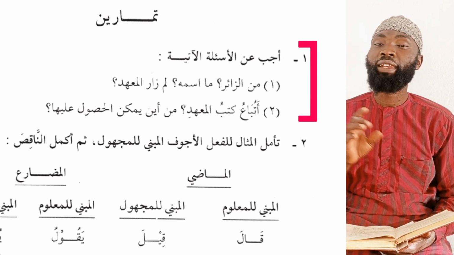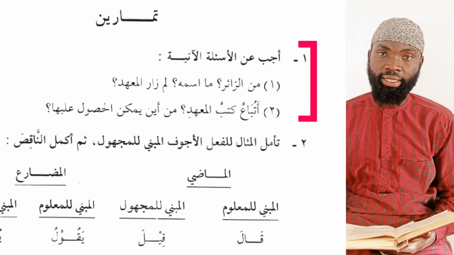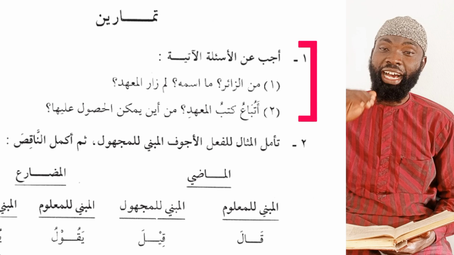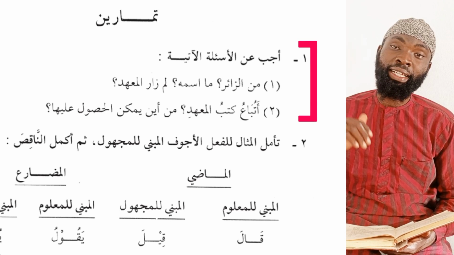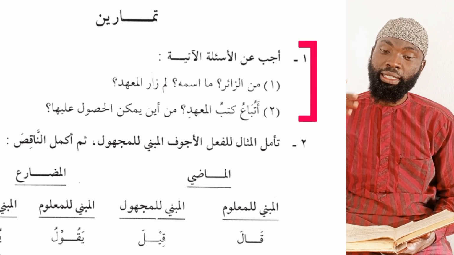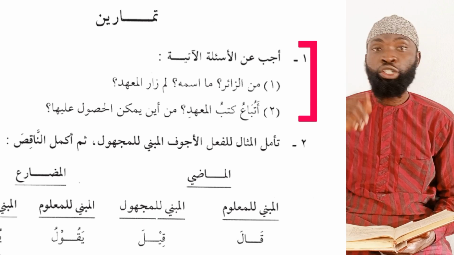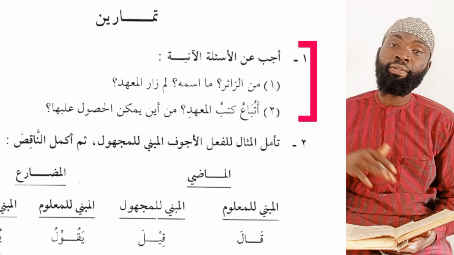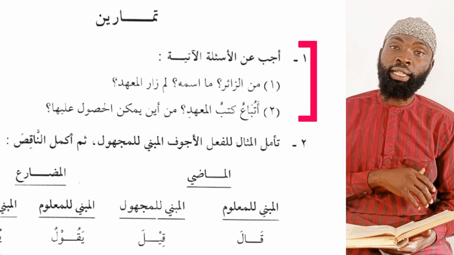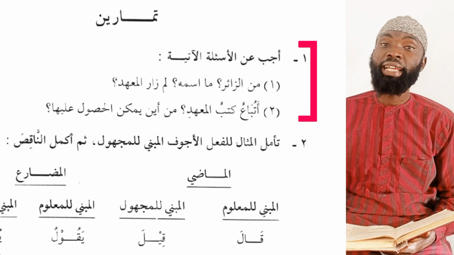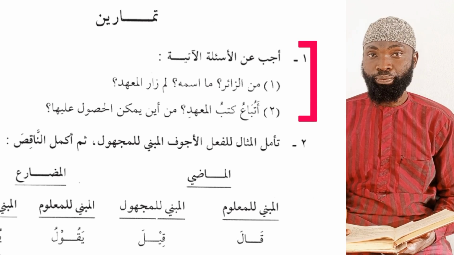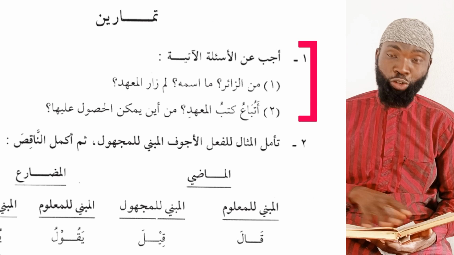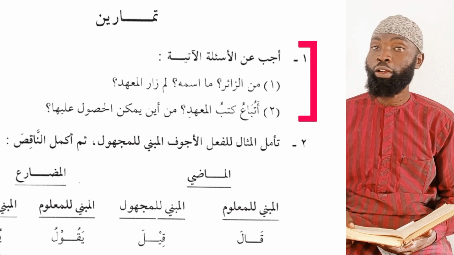So from this lesson we have learned quite a lot of things, and when next we meet, we shall be picking each of them and explain them practically and also extensively, so we understand what all these topics were about, so that when you come across a lot of the Arabic words, you will know how to form them into the active, the passive voices, the ismul fa'il, which we call the active participle, and the ismul maf'ul, the passive participle. As we stop here, make sure you revise these, so when we meet next time, it will not be new to you.